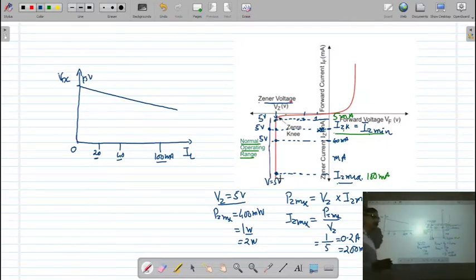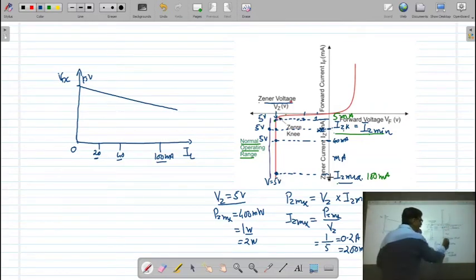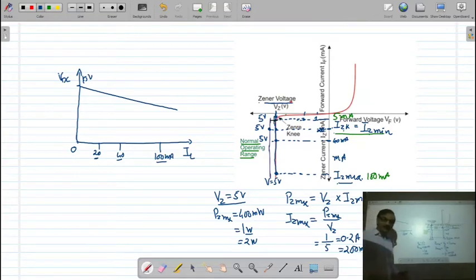So when I am using a Zener diode and I vary the current from 20 milliampere to 100 milliampere, the voltage is going to remain constant. There is a variation in the current, but the voltage is constant. Here in our ordinary case, when we vary the current, the voltage is changing. So due to this reverse bias characteristic, a Zener diode can be used as a voltage regulator.